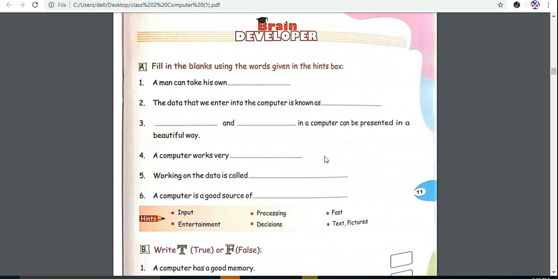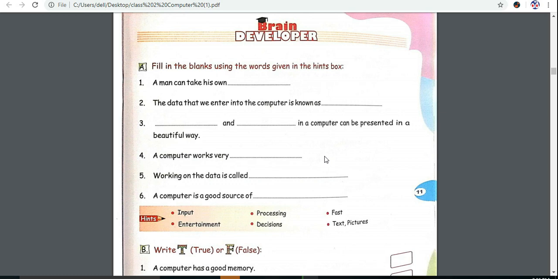But let me tell you the meaning of this question. A computer is a good source of entertainment. Yes, because of computer you people are getting entertained. Because of computer, you can watch movies, listen to music, play games, and do lots of things which make you feel happy, and after doing that you are having fun also. That is the meaning of entertainment. So yes, computer gives you a facility of entertainment, right?